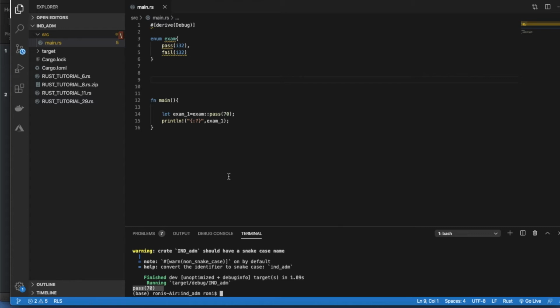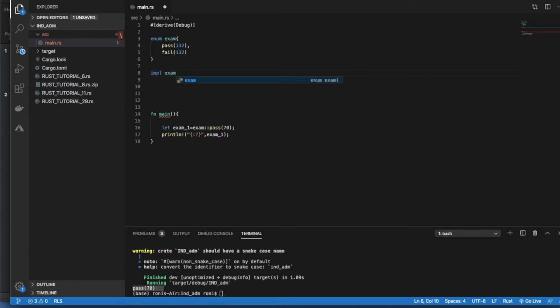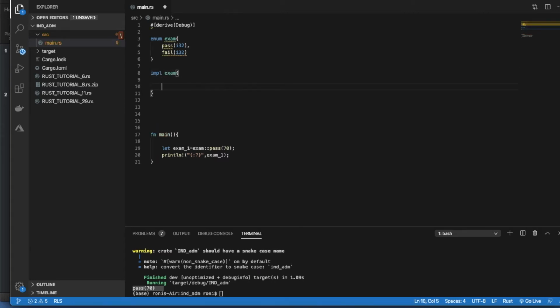So this is a usual, very basic way of creating an enum and printing the enum variant name and its value. Now, suppose you only need the value of your variant, only the value. How to do that? For that you have to make some special arrangements, and create one method. As I told you, while creating a struct method we use the impl keyword. Here also the process is the same: you have to use impl, after that Exam, then the brackets. You have to remember this syntax.